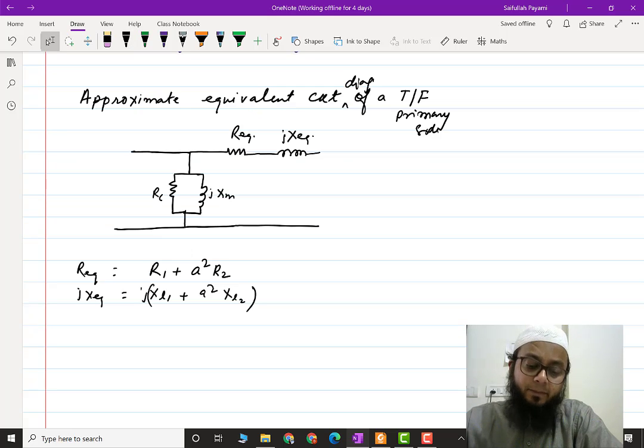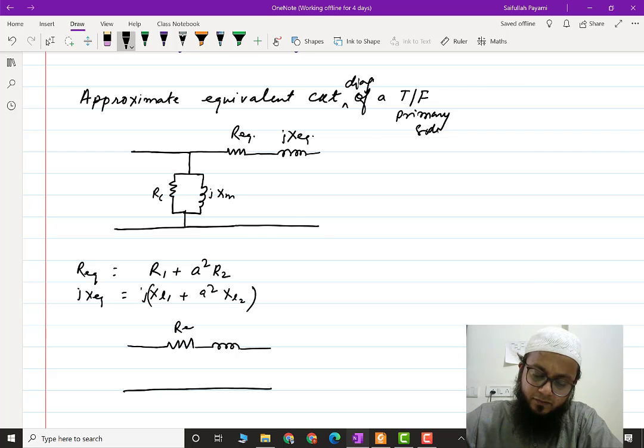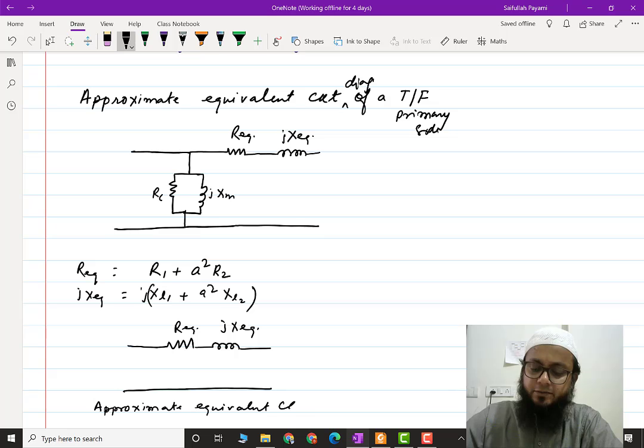Similarly, in some applications, let's say the transformer is fully loaded and the no load current is hardly 2 ampere, or 2% if the transformer is very well designed. So for 2% or even less, we can neglect the no load component altogether. Then a transformer can simply be represented by the series branch parameters in some applications. So this is R equivalent and this is J X equivalent. These are all the approximate equivalent circuits of a transformer.